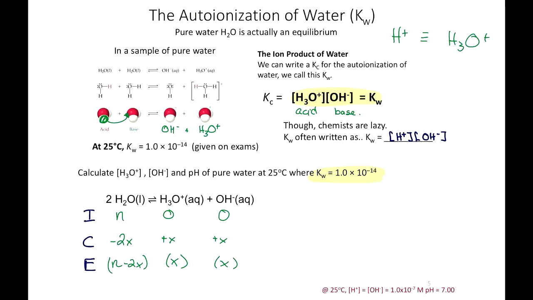Once we've completed our ICE table, the E line goes into the K expression. So the K expression, which is given as Kw, is equal to the hydronium concentration times the hydroxide concentration. I'm just going to shove those E line values into that. So Kw is equal to x